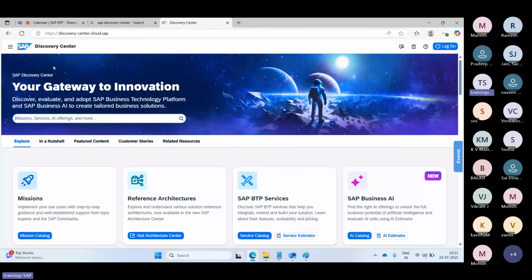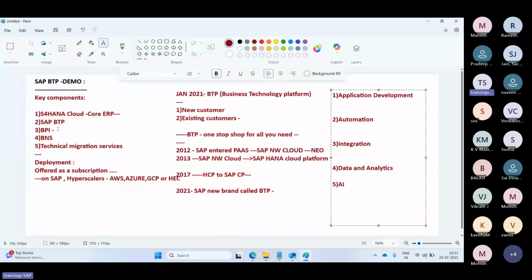These are the main key components in the Rise with SAP. BTP is one of the parts here, right? BTP is one of the parts here. So